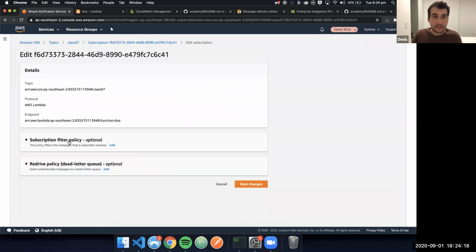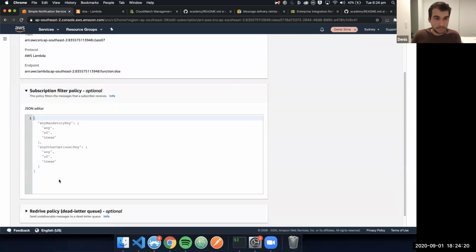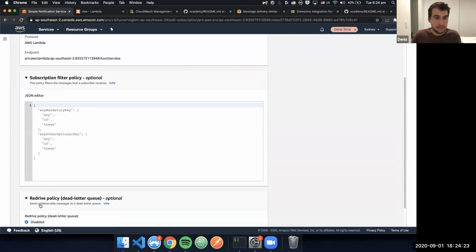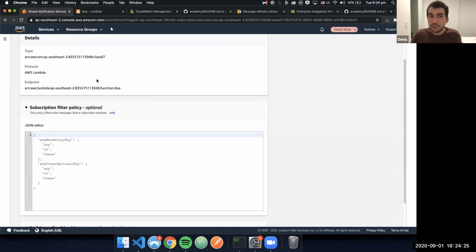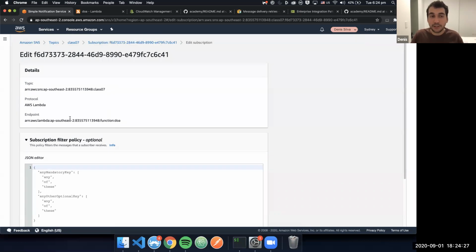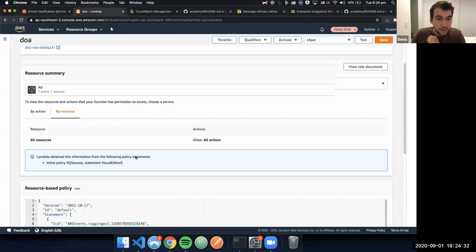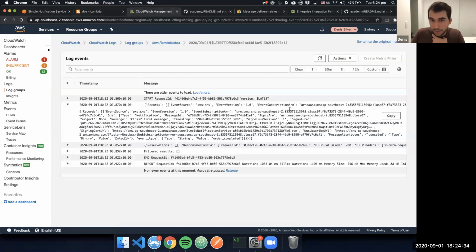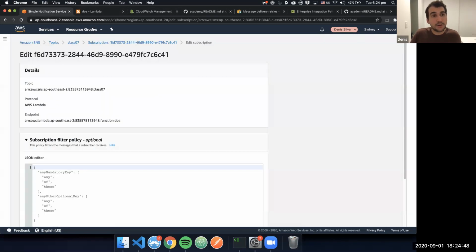So, quick example, it is JSON. If I come to this subscription for that Lambda, and I know this message is published with an event type message attribute, I can use this event type to say, okay, you are going to run this Lambda, but just